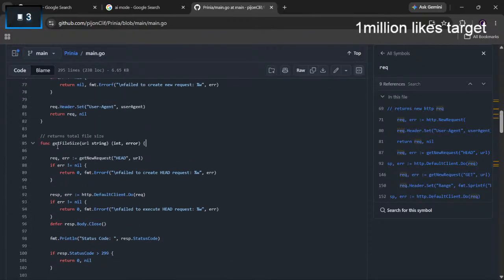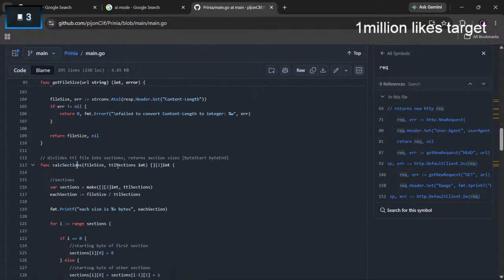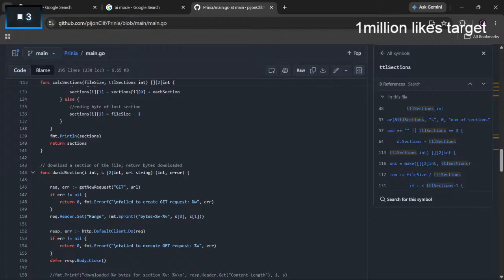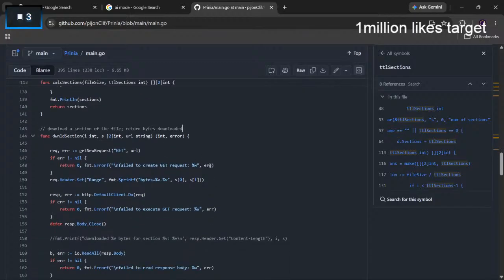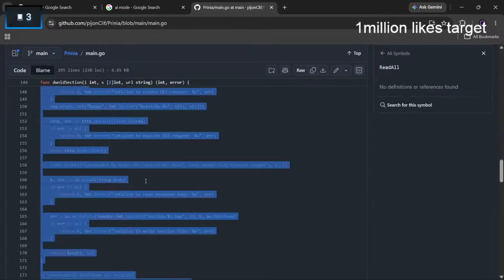How are you downloading it? Let me see the file size. There's a download thing: calculate sections, download section. Oh, you're getting a byte range, okay. Damn, what does all this do?